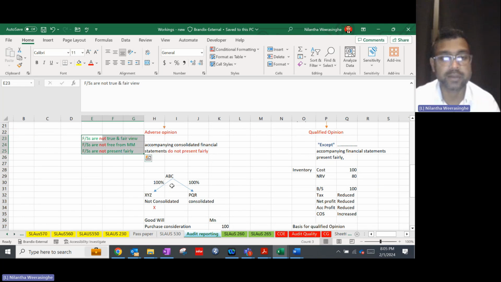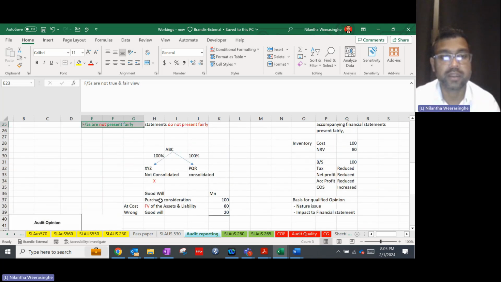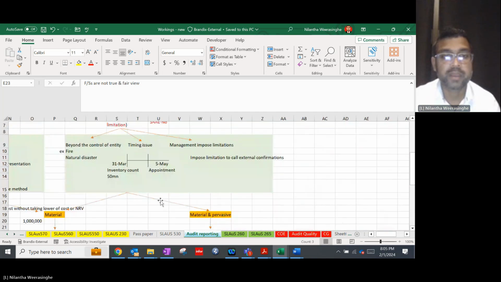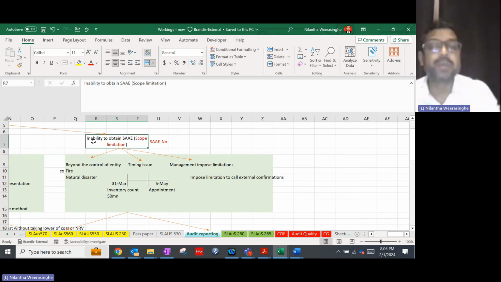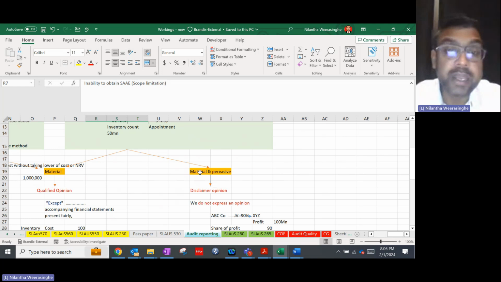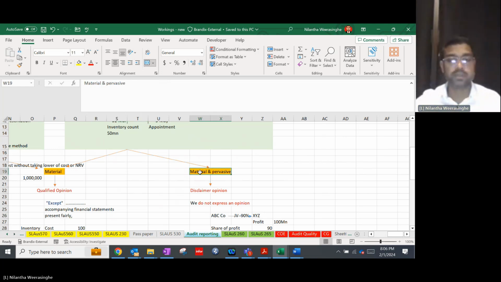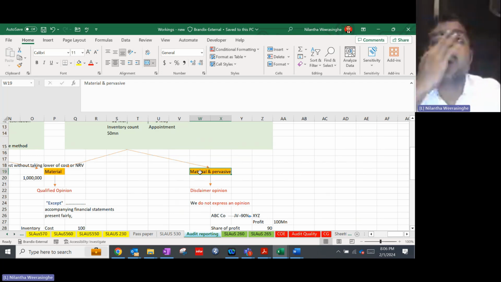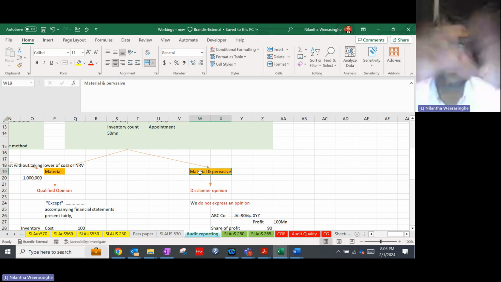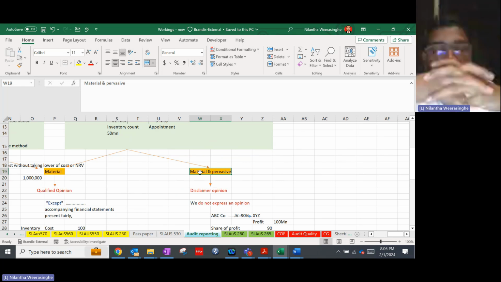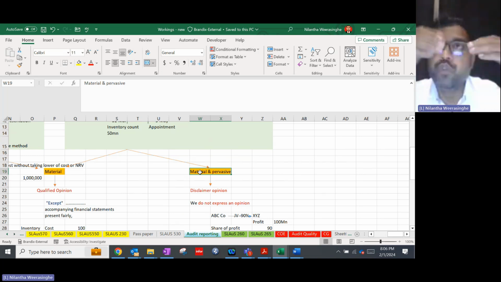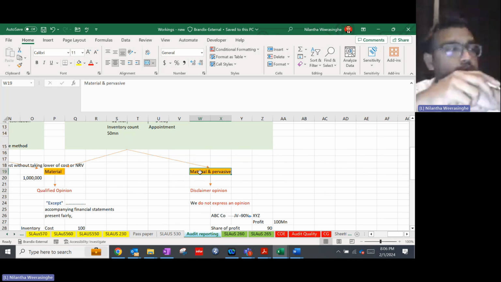Right? Example you can see here. That is what I explained. Right? Fine. Then other side, this inability to collect sufficient appropriate audit evidence. I told you, no sufficient appropriate audit evidence. That is also can be material and pervasive. Material and pervasive. Right? Example, listen to me. Now, let's say JMC has invested in IAS, online accounting or whatever competitor. It is not a subsidiary, but let's say it is an associate or joint venture. Now you wanted, you are the group auditor, you wanted to talk to